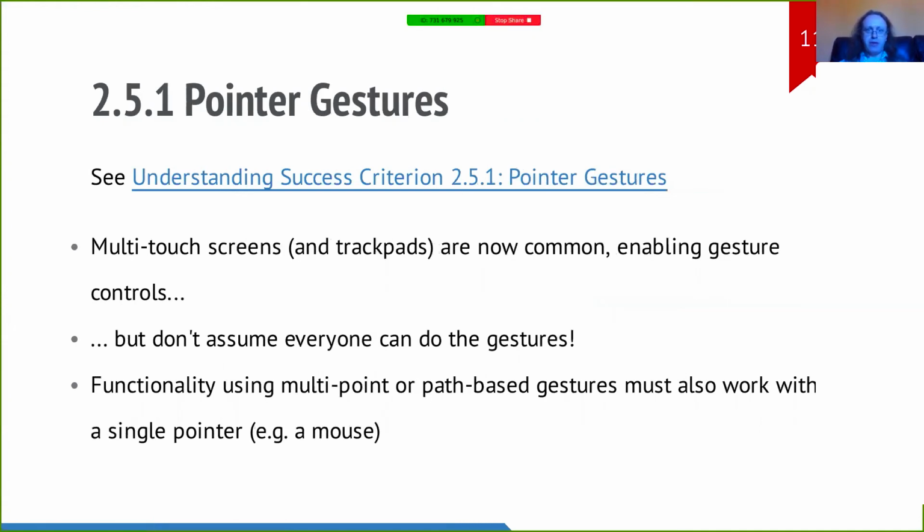We'll move on. We're now into the input modalities thing. Now, pointer gestures, this refers to the fact that the number of pointers and the capabilities of pointers have now greatly expanded. We used to think pointers were just mice, typically, or perhaps a trackball.